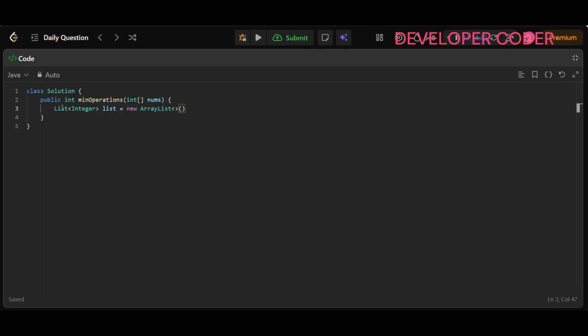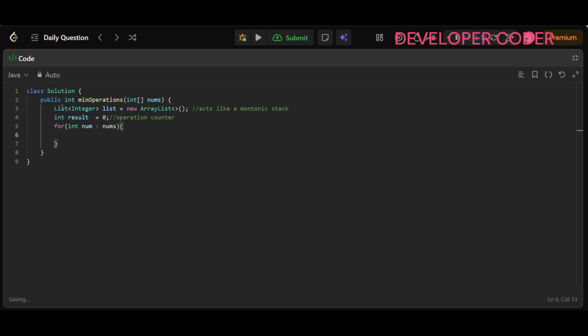You can say this is nothing but a monotonic stack. And initially the result value is 0, so it is nothing but the operation counter. Then you have to iterate over all the elements in your nums array one by one